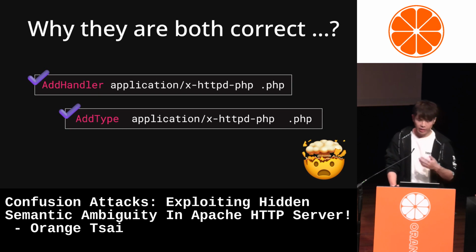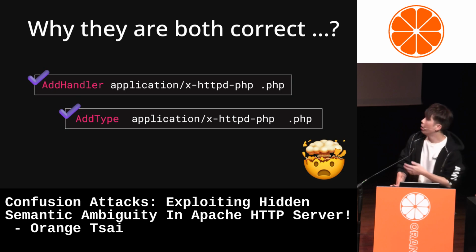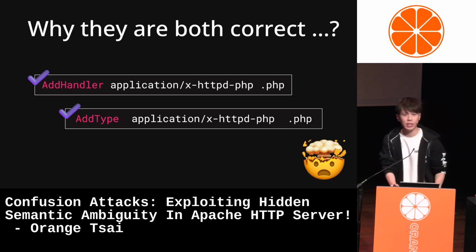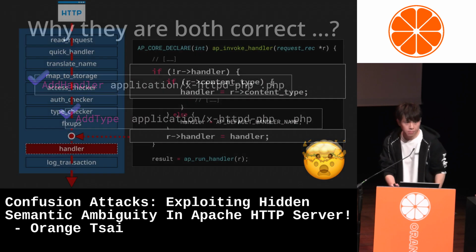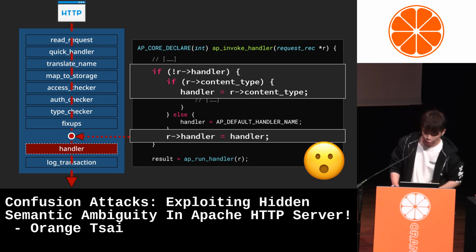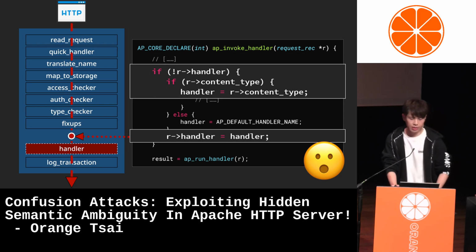Back to our initial question: why can both directives, one for adding a handler and one for adding a type, run PHP properly? This is actually due to a legacy conversion in Apache. Or you could say it's part of its technical debt.